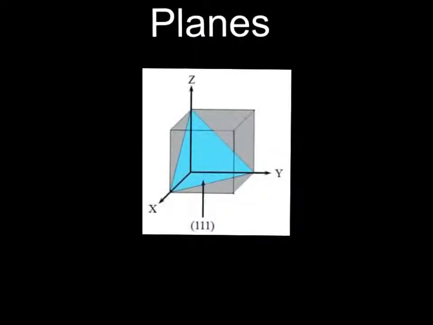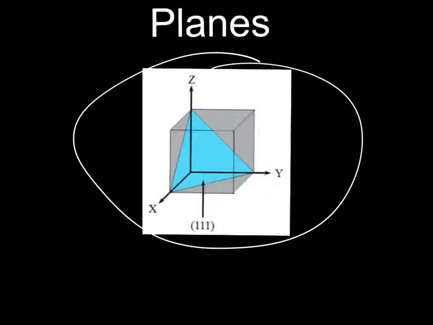Okay, so now that we know what a unit cell is and we have a little bit of background on crystalline materials, we can learn how to navigate within that space. So here we have a cubic unit cell shown in gray, and this is a 1-1-1 plane. And so a 1-1-1 plane is specified in this format where you have your X, your Y, and your Z values. And a value of 1 in any of these locations means that we move from the origin, which is typically placed here at the corner, although you can move it to your preference,